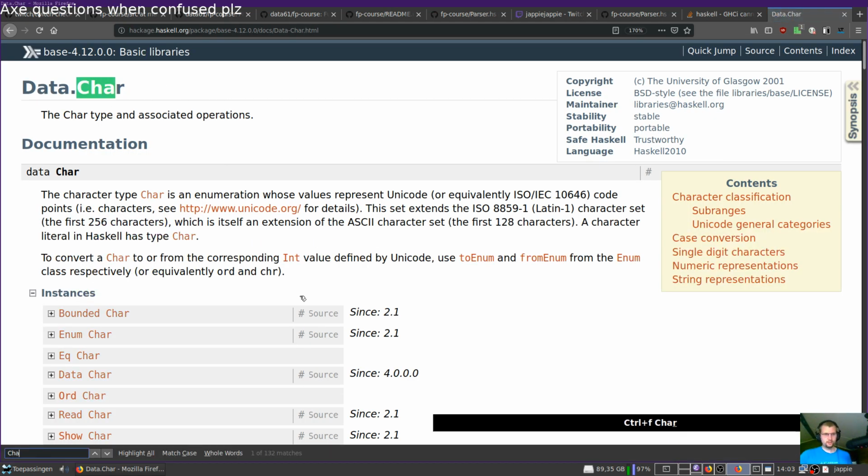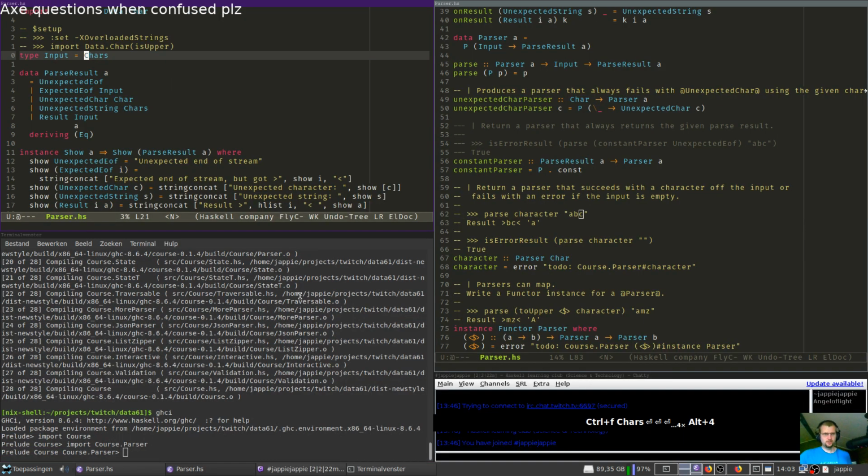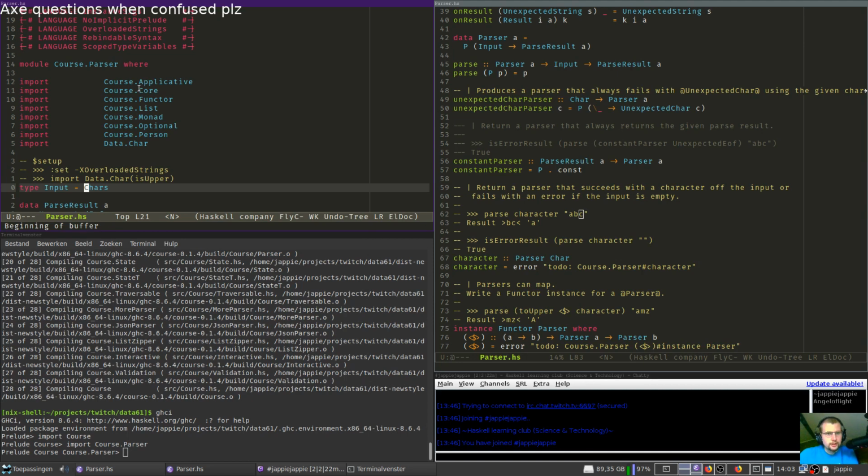What is chars? Doesn't exist. What? Core, monad, optional. Are we dependent on this stuff? That would be a problem. I didn't do that stuff.